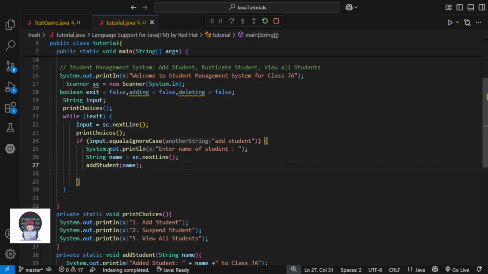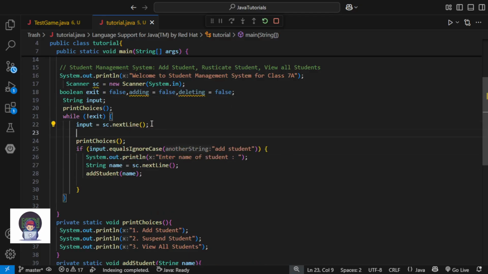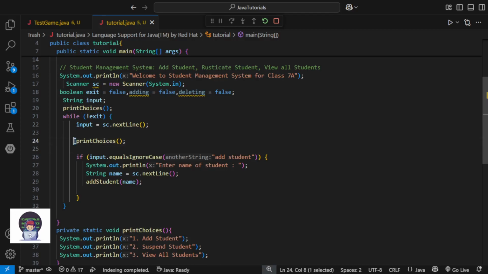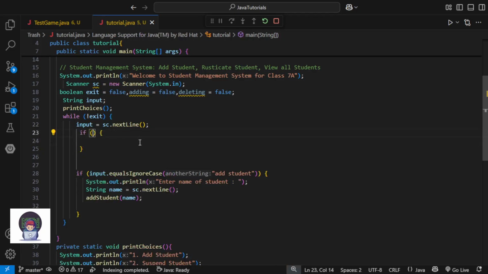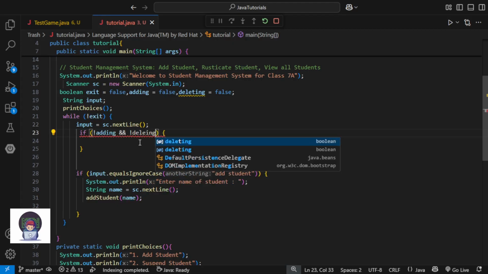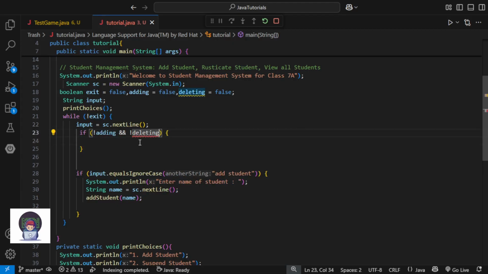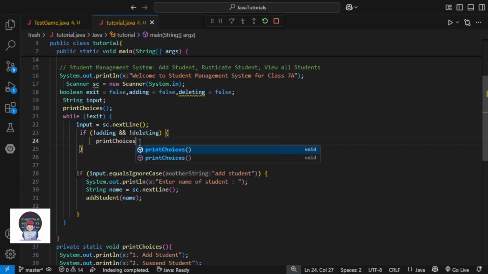When we are adding a student, let's put an if in this print choices. Remove this. Now do this: if not adding and ampersand, this means and, if we are not adding and we are not deleting, if both are true, then print choices.